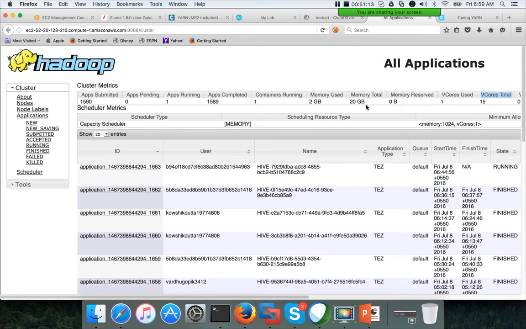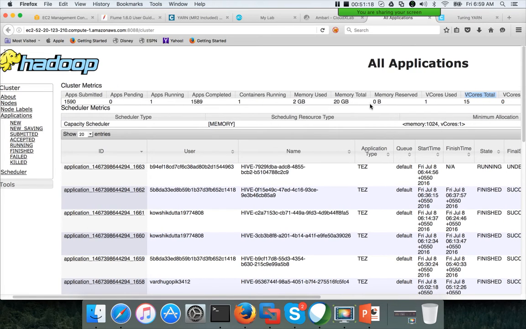Once you go to Resource Manager web interface, you can easily identify how much memory is there, how much cores are there. Unlike Job Tracker UI, which will say number of mappers and number of reducers, here it will say total memory and total cores, because the number of mappers and number of reducers that can run in a cluster can change for each job when you use yarn. Yarn will give that additional flexibility to increase or decrease the number of tasks that should be executed. Okay, so now